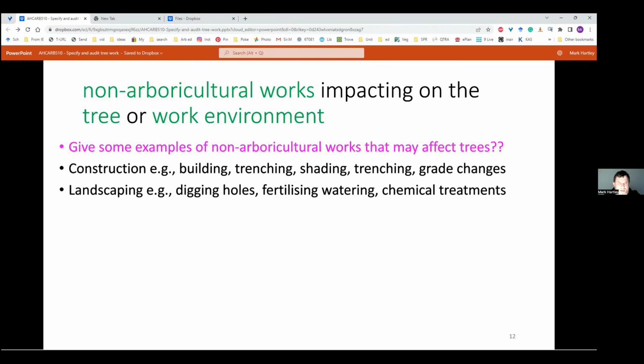In terms of landscaping, it's all those things. Vicky will be able to nod or not nod, but it's not uncommon for me to see a landscape plan that says rotary hoe to 150 mils in depth before putting down turf. And that's a nice set of specifications. Thankfully, landscapers are lazy, money-hungry people that don't do that. They just tend to put down a bit of turf underlay and roll out the turf and hope for the best. But again, it's in the specifications.